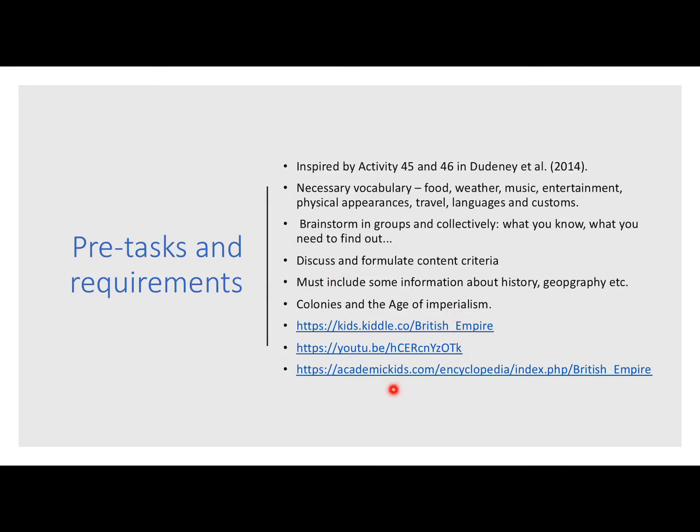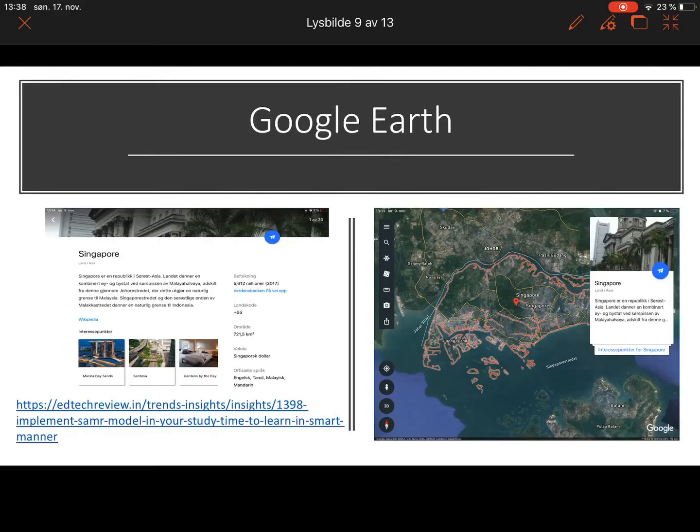I think it's important also to include a bit about the colonies and age of imperialism to help them see the greater context and let them then further research these events on their own. One can then think that a good way is to model and monitor how they execute their own resource or research, in Google, for instance, but also to provide them with some sources that are suitable for them. So what I would do is take,